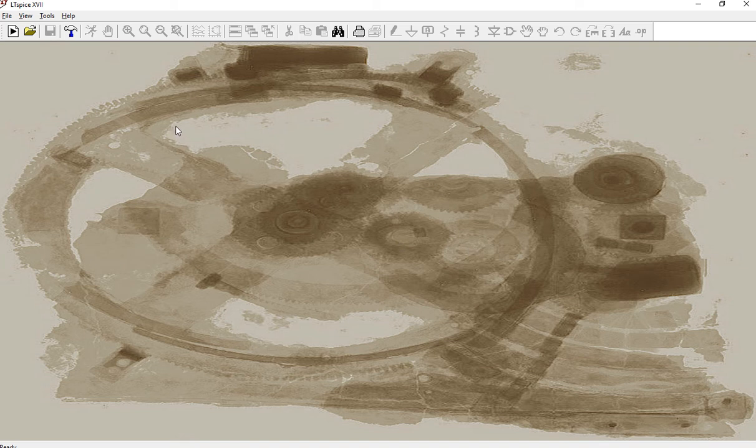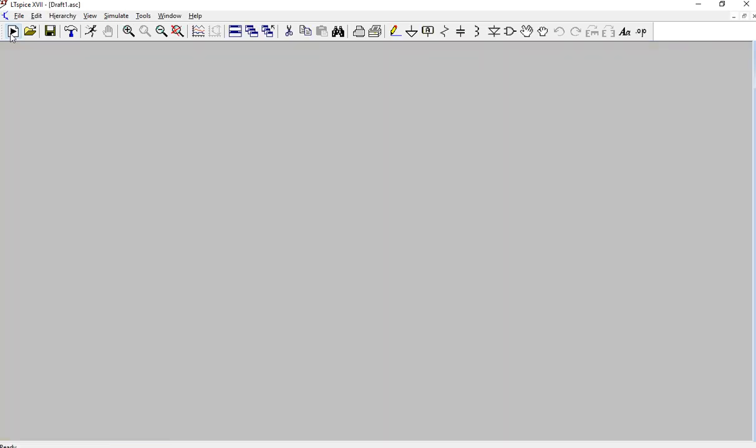Today we will learn about the schematic drawing in LT Spice. Here the first button is called new schematic. If I press this button, then an empty screen comes, and this is an empty schematic screen. Schematic is nothing but a circuit diagram, and this is the space where we are going to draw the circuit diagram. I will consider low pass filter as my circuit for this tutorial.